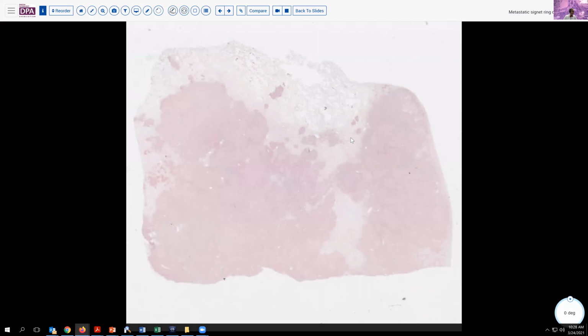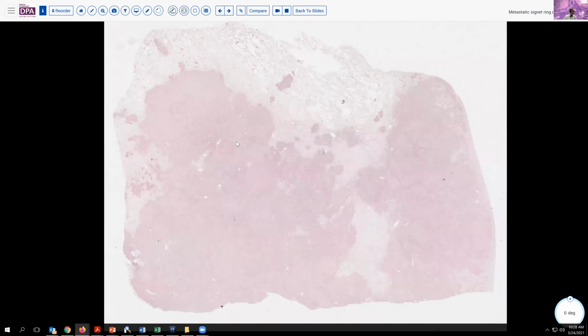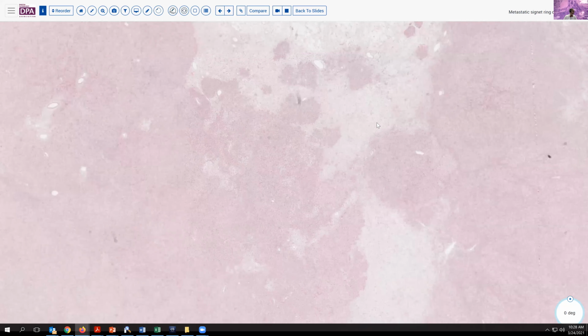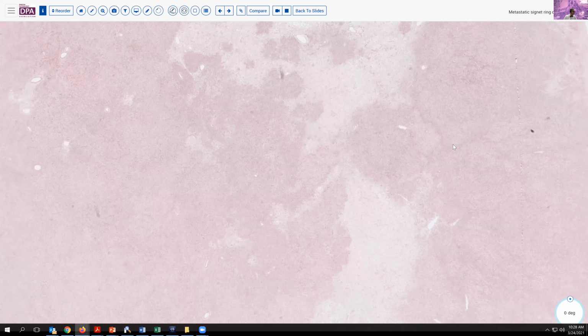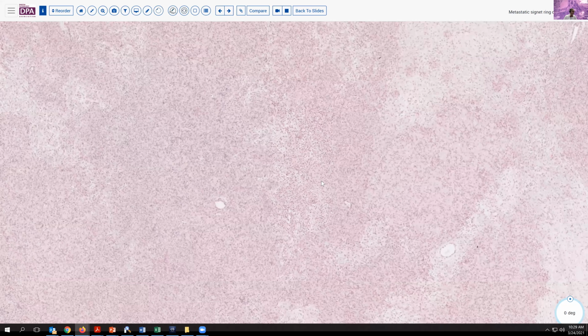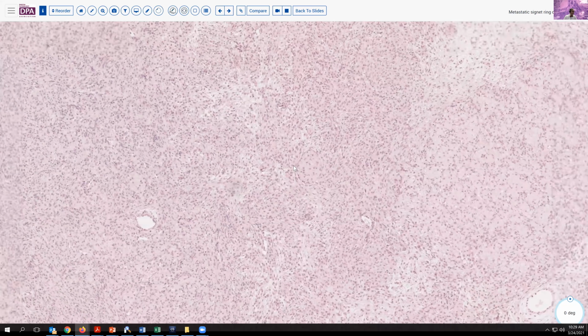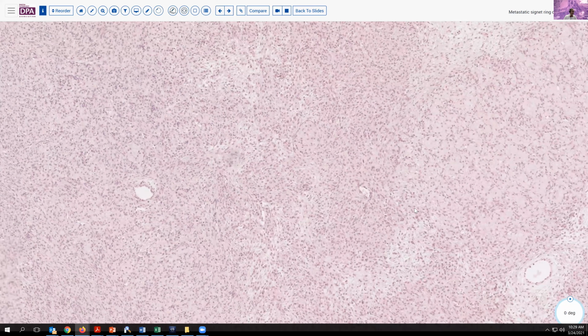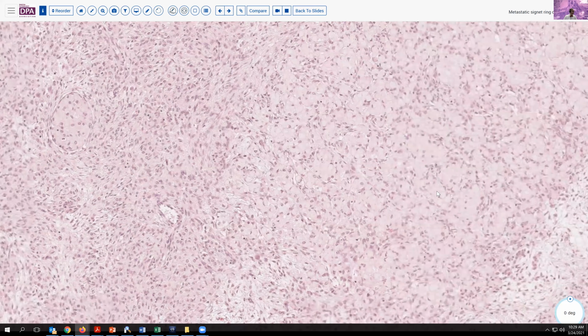Here's another pattern that also tends to mimic a primary ovarian tumor. It's a solid lesion. We have a lobulated architecture with intervening areas of more edematous type tissue. And so at low magnification, this can look a little bit like a sclerosing stromal tumor or perhaps edema or something of that sort. But as we come into higher magnification, and I apologize that the staining is a fairly pale stain, not from our laboratory, we begin to see that there's this sort of